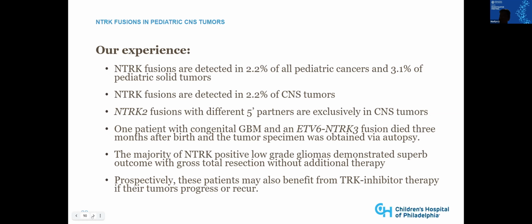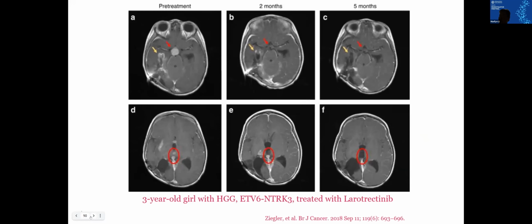And this is a 3-year-old girl who was diagnosed with high-grade glioma when she was 5 months old. And she had gone through multiple surgeries, chemotherapy and radiotherapy. Unfortunately, the tumor kept coming back. It was the third surgery. They profiled the tumor and identified this ETV6-NTRK3 fusion. And I want you to look at this MRI